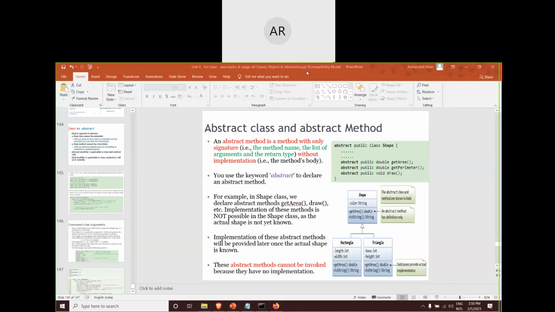Because of lab issues only, I'm trying to keep as many programs as possible within the slides itself. You can see that apart from theory, there are lots of programs being put into the slides, so that you are learning something good from those slides.